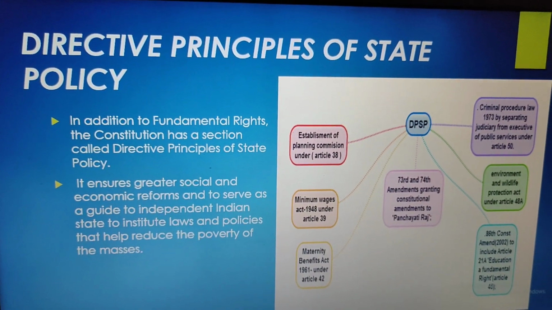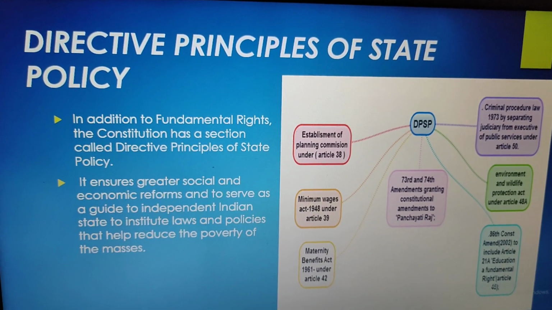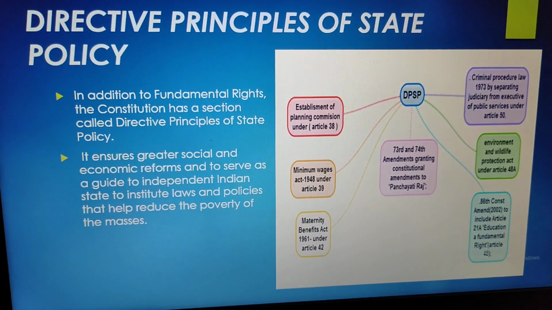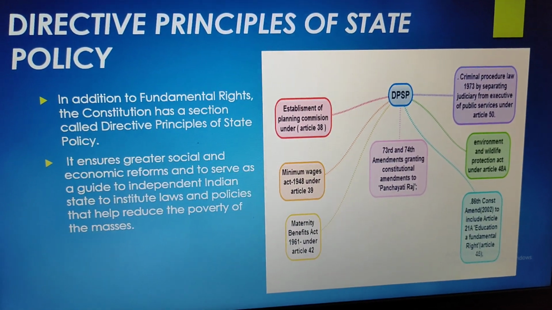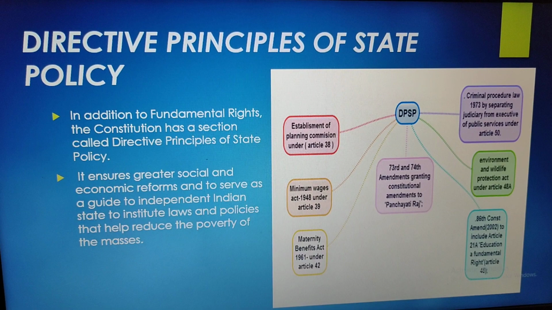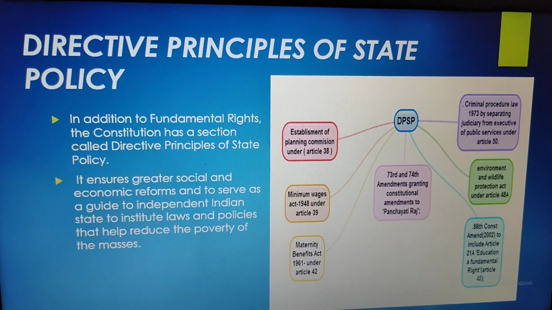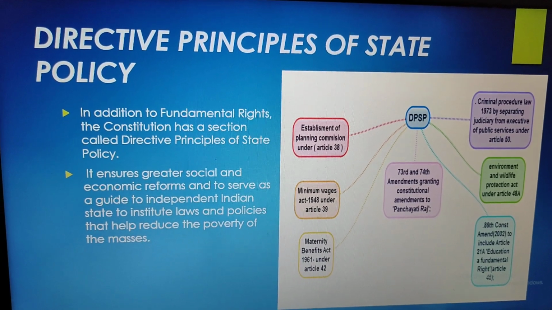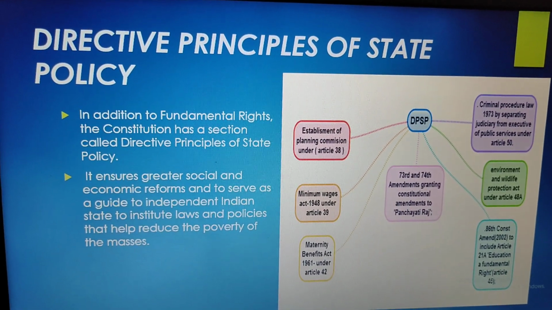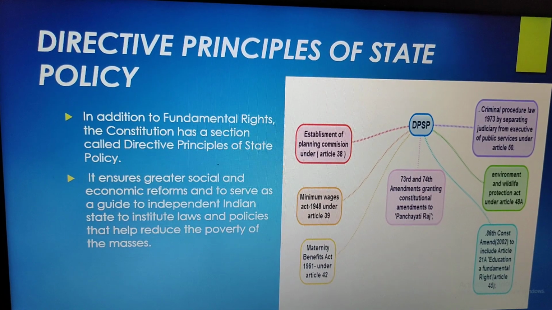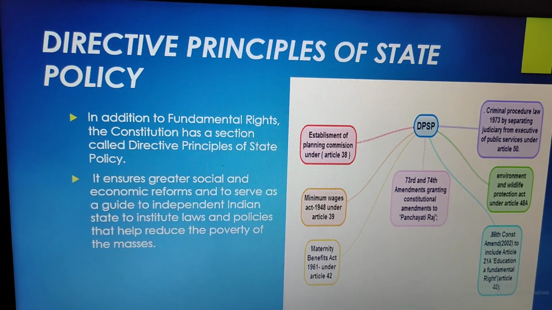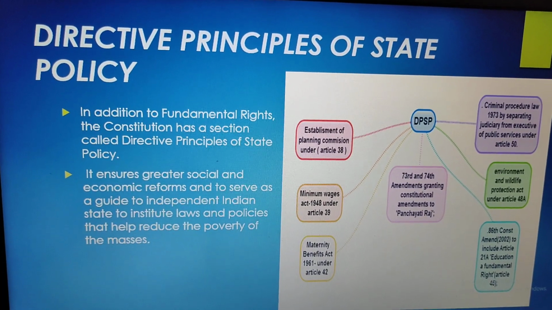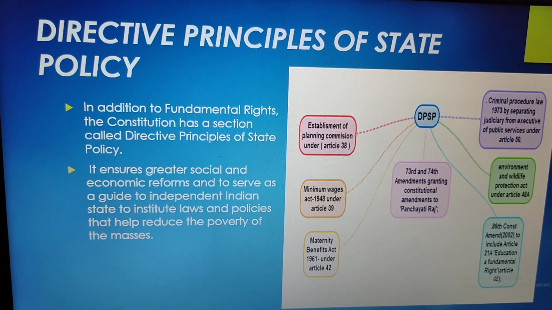Directive principles, these are directive principles of state policy. These are certain benefits. We have been given certain fundamental rights, which everyone knows about. But we have also been given certain benefits by our constitution, which are known as directive principles of state policy. These directive principles ensure greater social and economic reforms, right? And they serve as a guide to